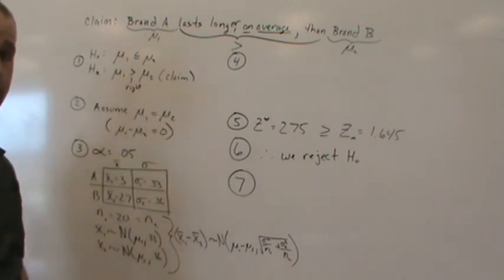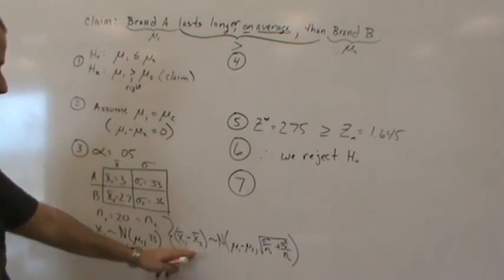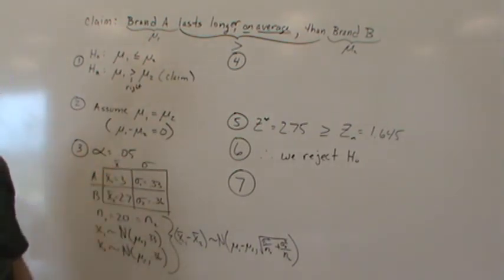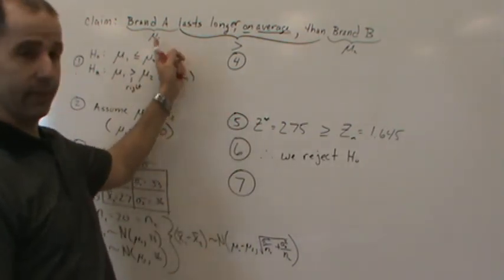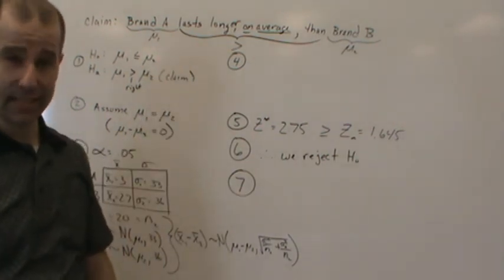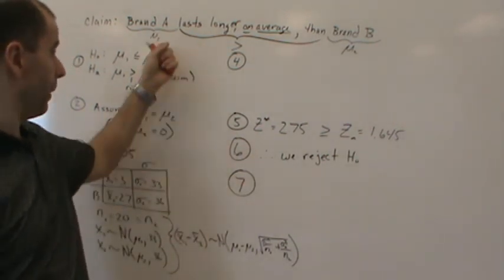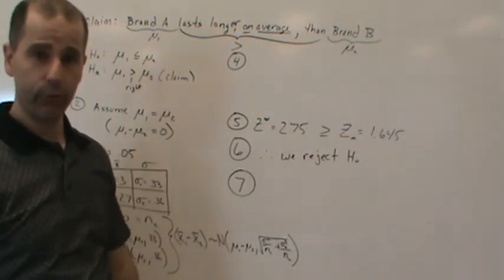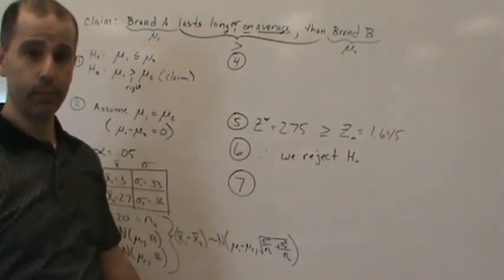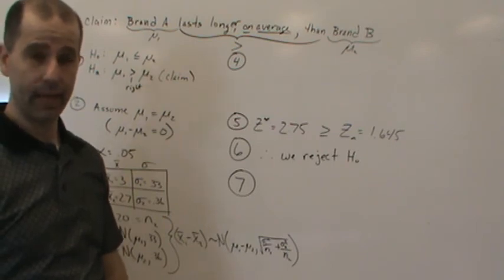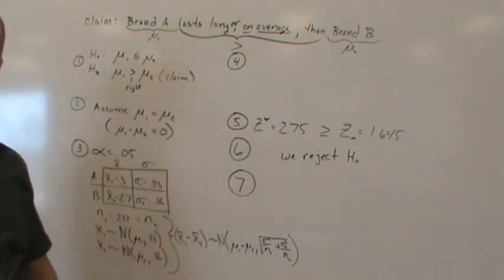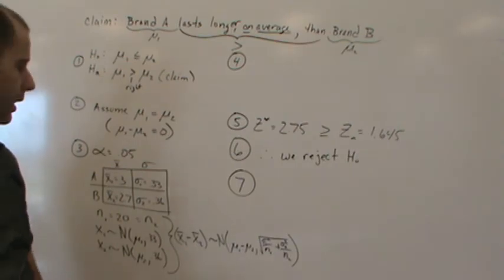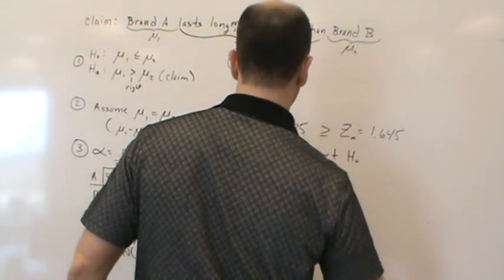So there is strong evidence based on the sample data and an alpha level of 0.05 to support the claim that brand A wax lasts longer on average than brand B. And that's it. So that's how you do the test. Same 7 steps, okay? Now the p-value method,